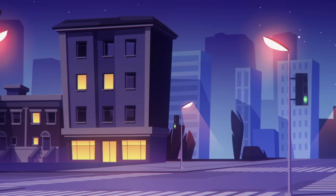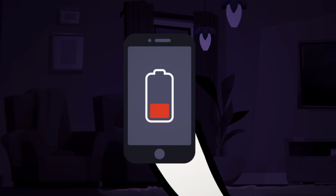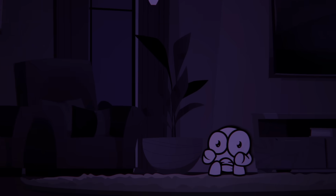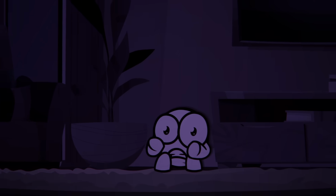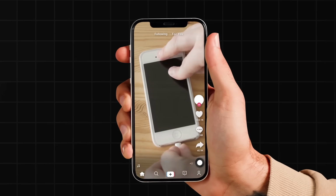On to the next, and when your street's power suddenly goes out, it's only a matter of time until your phone battery dies and you're left in true darkness, in the company of your own thoughts. Truly terrifying. So it's just as well that I have a potentially life-saving hack here that claims you can charge